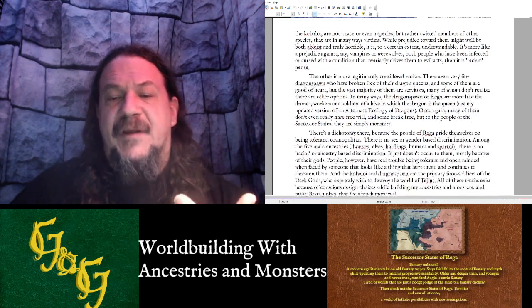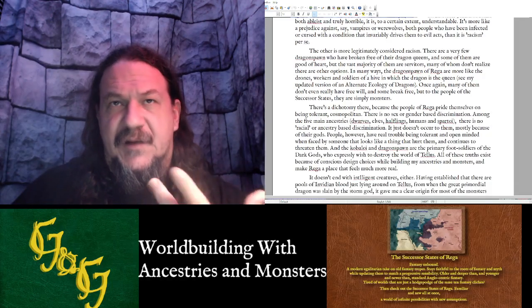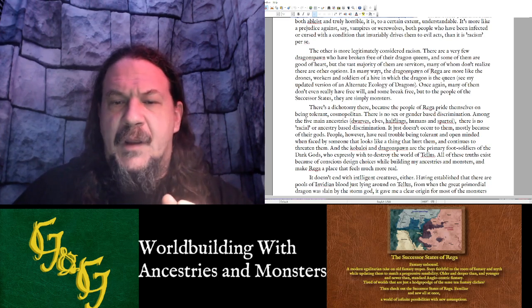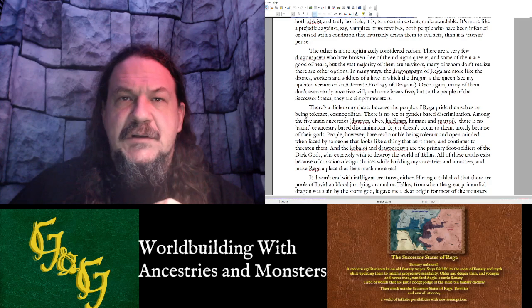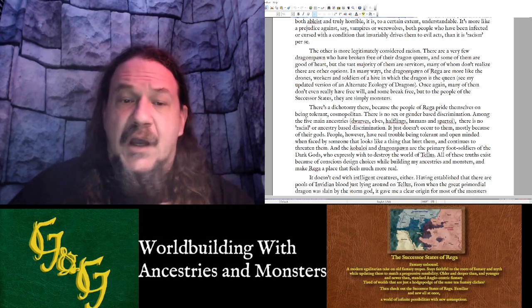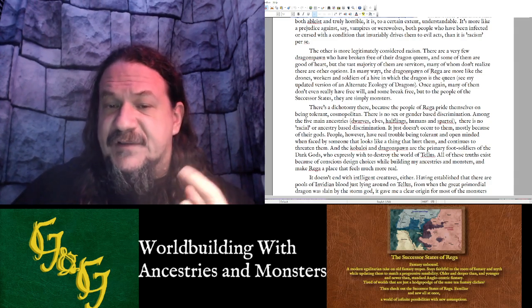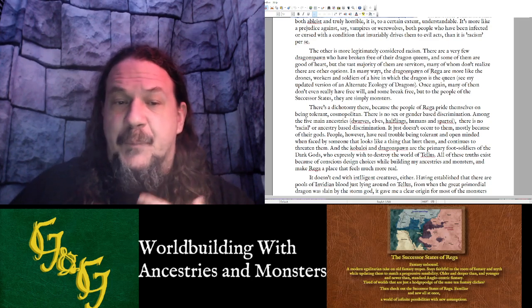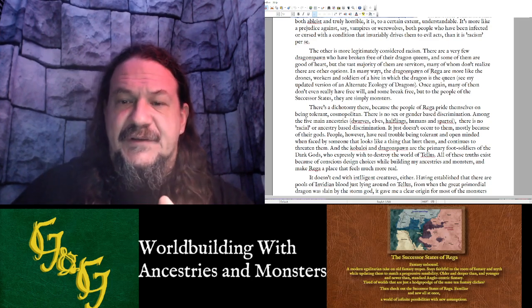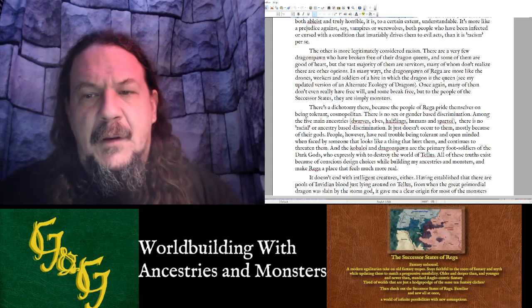There is a dichotomy there because the people of Rhaegar pride themselves on being tolerant and cosmopolitan. They have no sex or gender-based discrimination, no solidly fixed gender roles. Among the 5 main ancestries of dwarves, elves, halflings, humans, and Spartoi, there's no discrimination based on those races or ancestries. It just doesn't occur to them